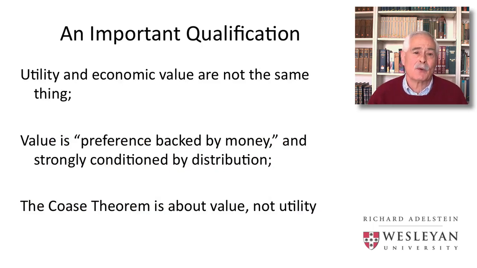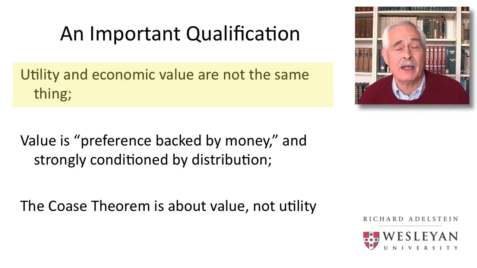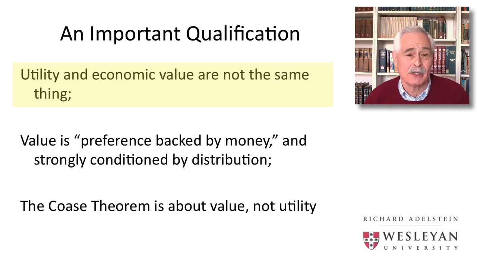So, we can summarize this important qualification in 3 propositions. The first of them is that utility and economic value are not the same thing. Right at the beginning of the course, I introduced Jeremy Bentham, the father of the philosophy of utilitarianism, who argued that social policy ought to be made and that property rights ought to be allocated so as to produce the greatest happiness possible, the greatest utility possible. As we've seen in the Coase Theorem, this is not what is being maximized in the dealings between Hamilton and